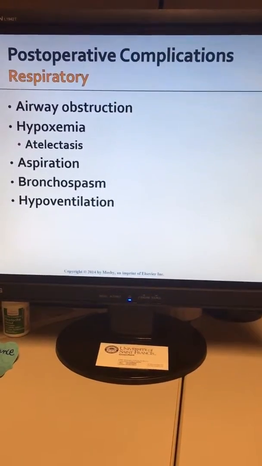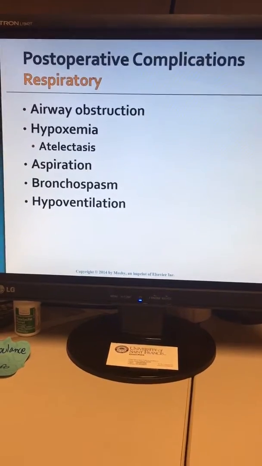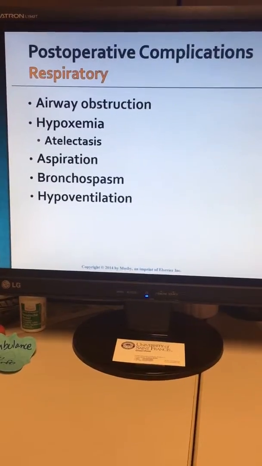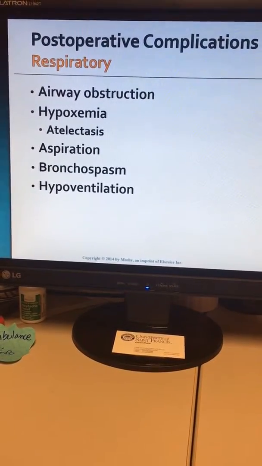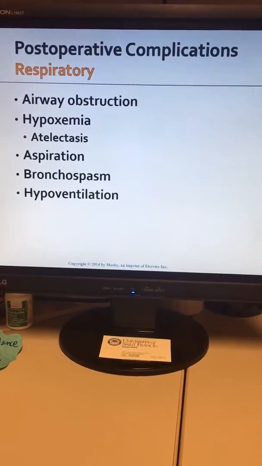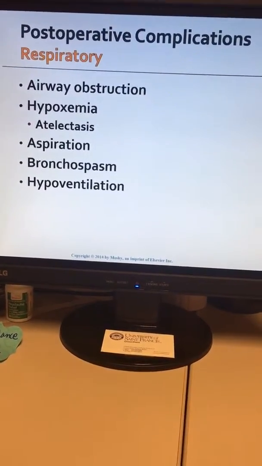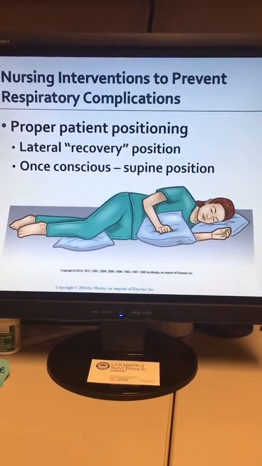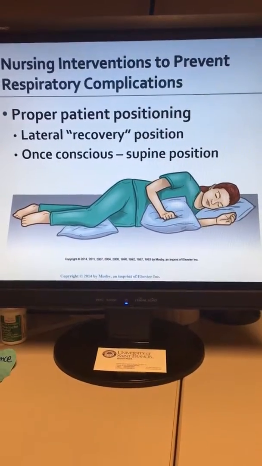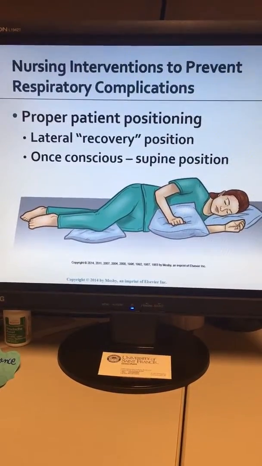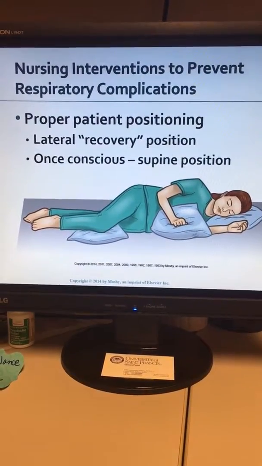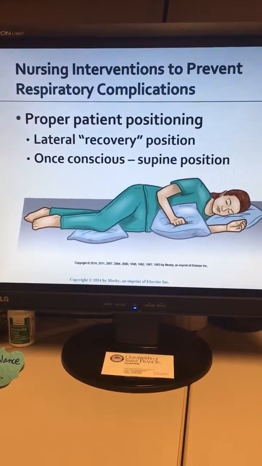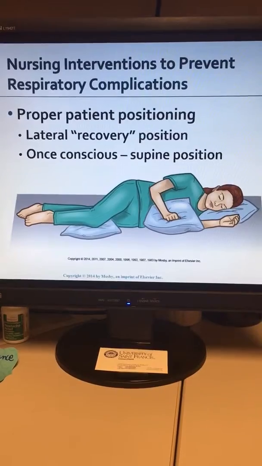All right, moving into post-operative complications. The big one is airway obstruction. So we want to assess for hypoxemia and atelectasis, any aspiration or bronchospasm, and hypoventilation. We always want to make sure when the patient is coming out of anesthesia that they are placed into the lateral recovery position. With this, the patient is placed on their left side, and the tongue is moved out of the airway. That way it allows them to have maximum expansion of the thorax, of the lungs, as well as